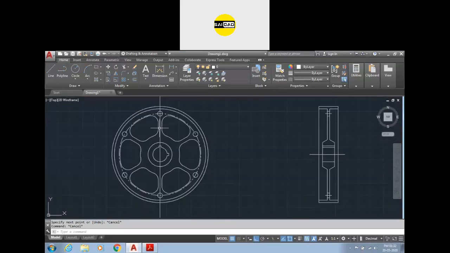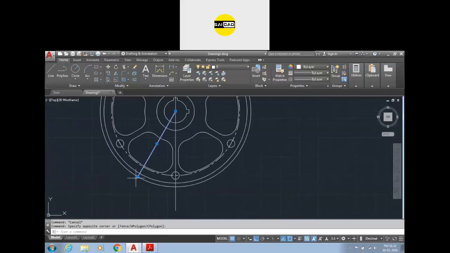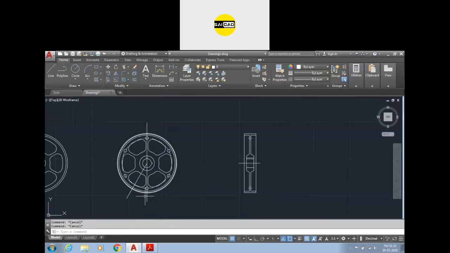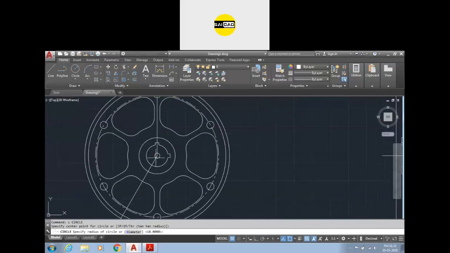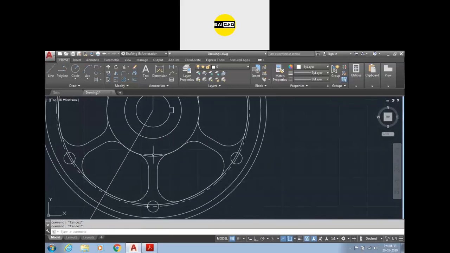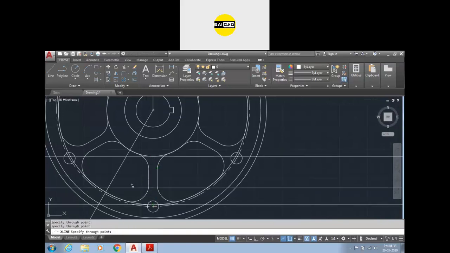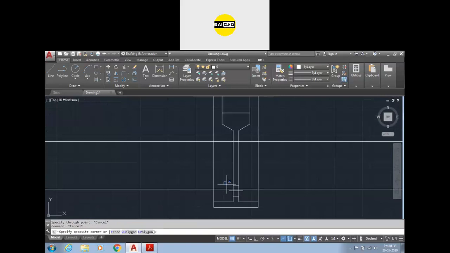So how to create the projection of these 2 objects? So create a line at an angle, suppose at this, extend like that, or you can just click here, turn off the ortho, and you can just move it in front direction. So this is the section line. Now you have to create the projection of these circles. So create a circle here up to this point and up to this point. Now you can see the circle. If you take the projection from the horizontal line from this point to this point, you got the lines here.